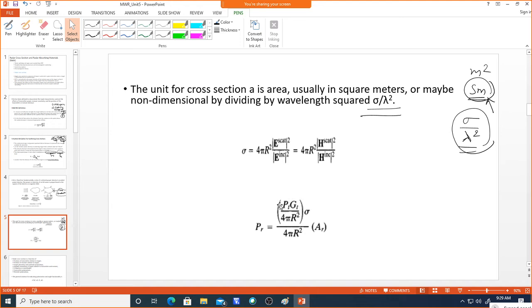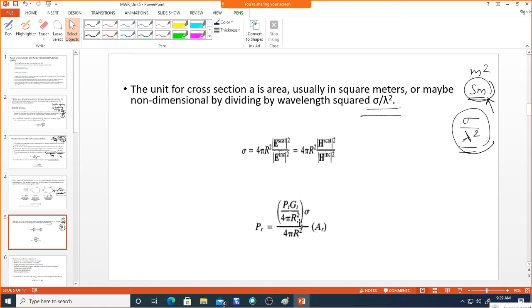So this power with respect to the transmitter antenna gain, we can represent like this, that is Pt Gt by 4 pi R square, and this sigma is the area intercepted by the target. Now this AR is the effective aperture of the receiving antenna. So with respect to receiving power, we need to multiply by the effective aperture of the receiving antenna. Once you multiply this, we can define the received power level as this one.